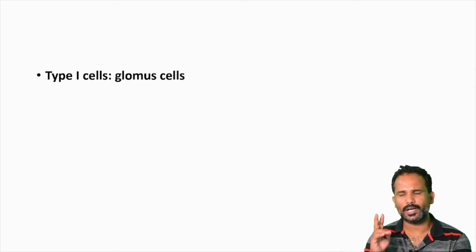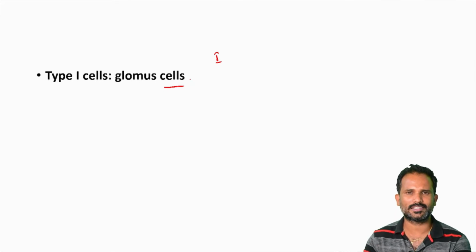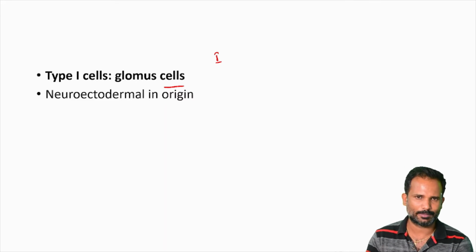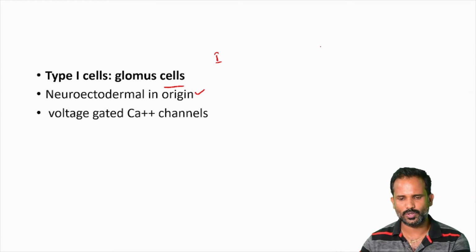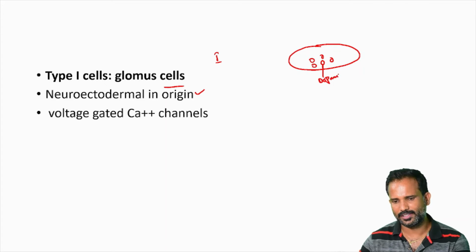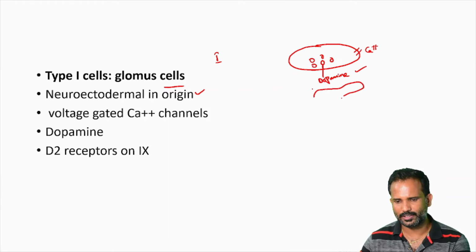And there are two kinds of cells in the carotid body. One is type 1, which is also called glomus cells. This is the receptor for these chemical changes, and it is neuroectodermal in origin, and it contains voltage gated calcium channels. Let us think that this is the glomus cell, and these are the dopamine vesicles or neurotransmitter vesicles, and the surface contains voltage gated calcium channels, and it releases dopamine whenever it gets excited, and this dopamine will act over the